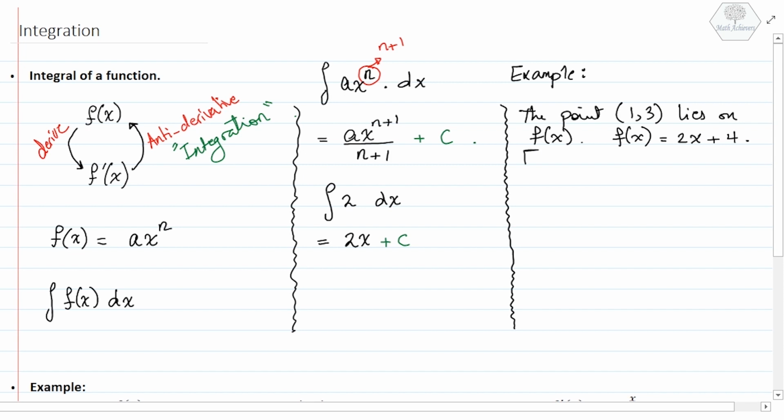We need to find the integral of f of x dx. So now, to find the integral of f of x dx, we first have to integrate. So for the solution,